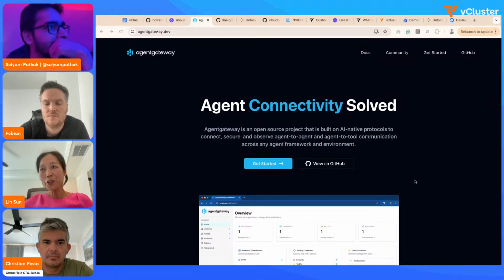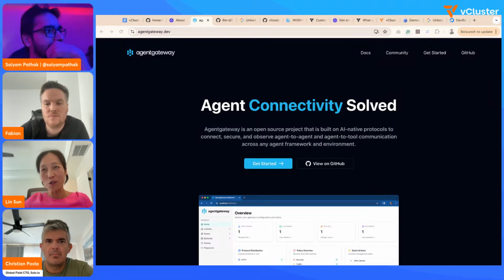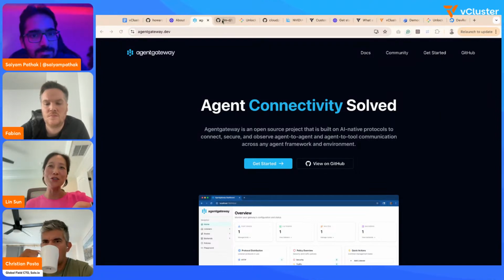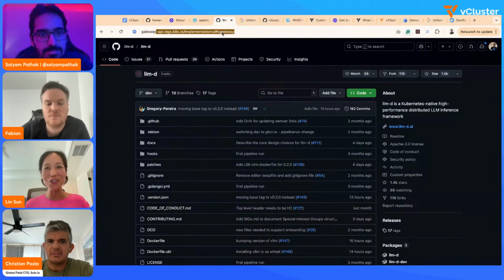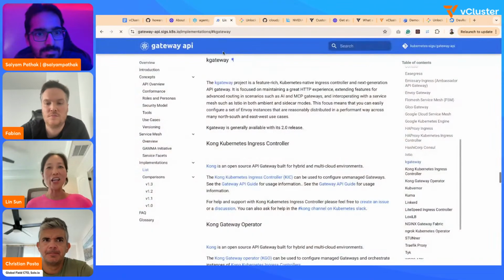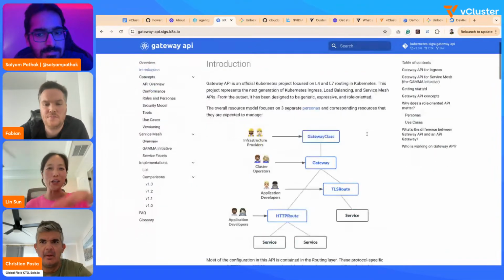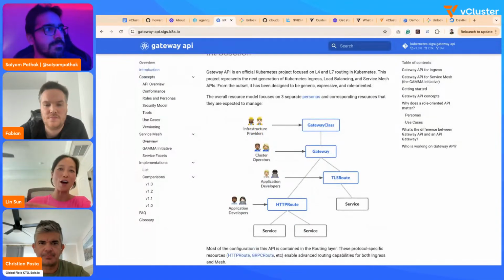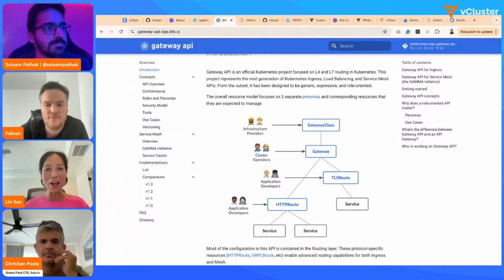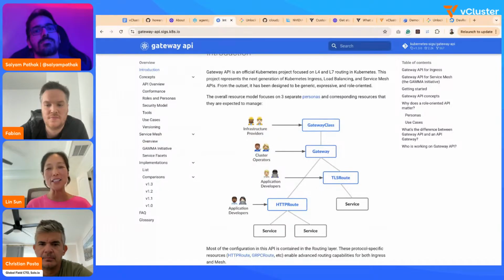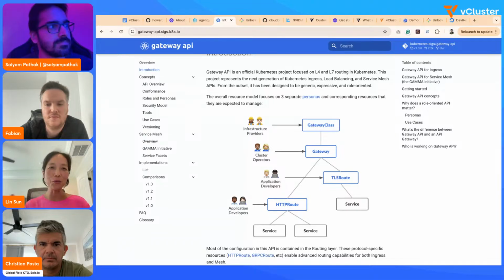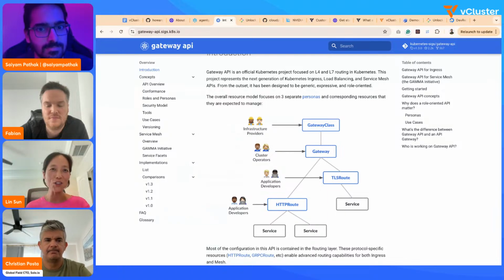Yeah, so I would explain it as gateway serves like a door into your house, right? Imagine your house is your Kubernetes cluster, and gateway controls the traffic coming into your house and the traffic going out of the house, which you have to exit through some type of door, right? Whether it's ingress or egress. Before we started the Gateway API in the Kubernetes community, people were using the ingress API to program that traffic coming into your house.